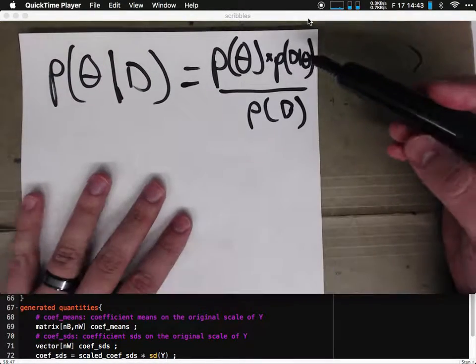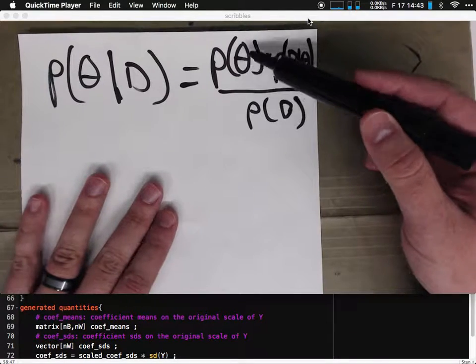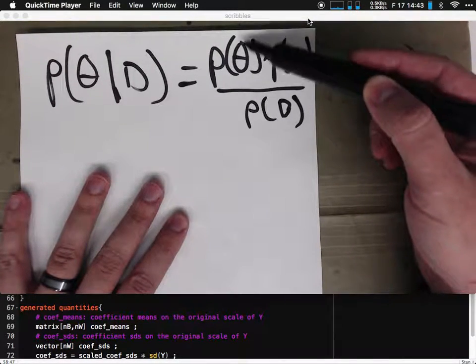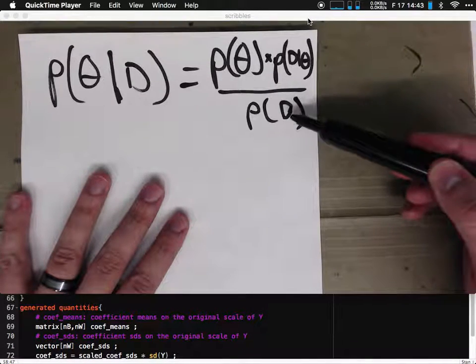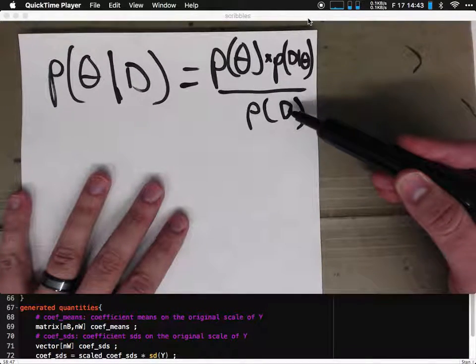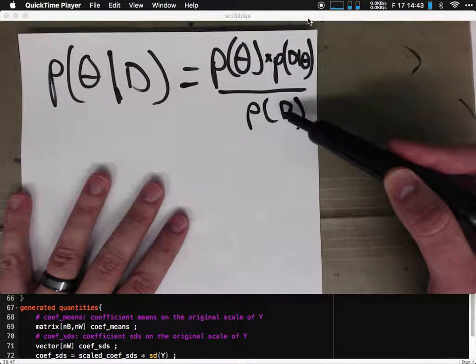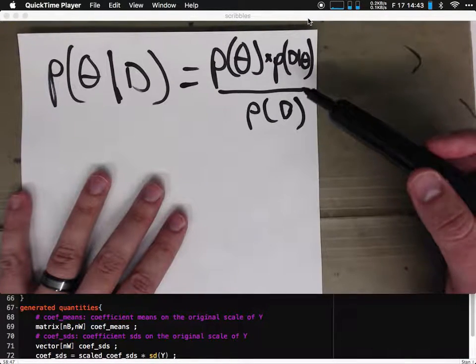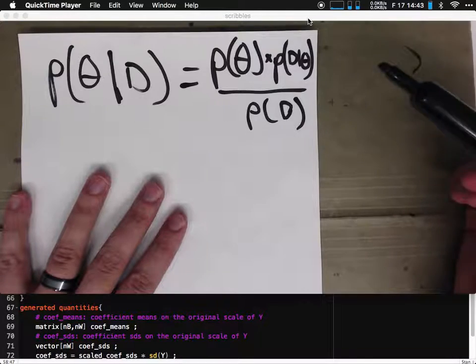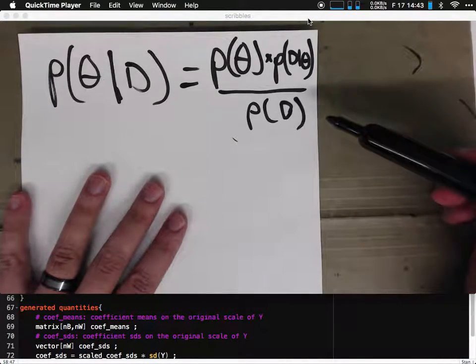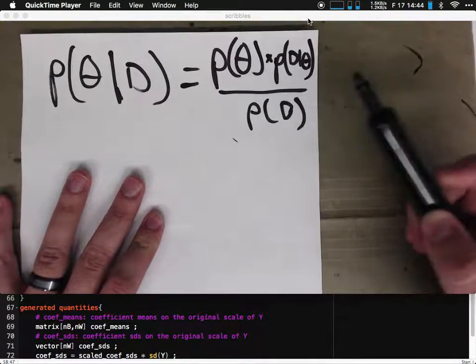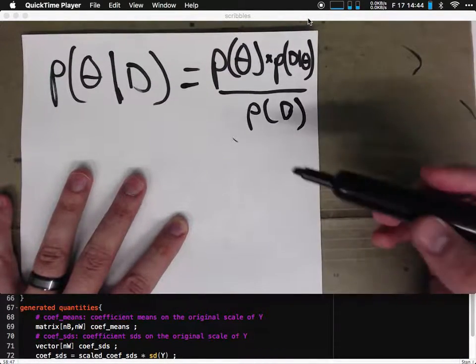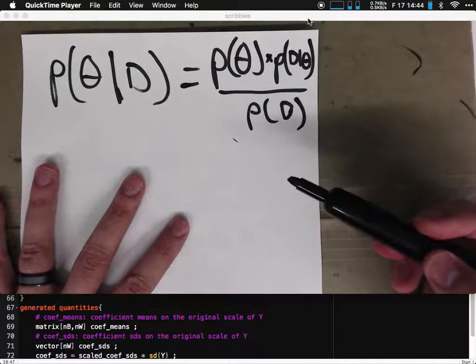So if you're asking about the relative probabilities of different values in theta, well, for a given data set you're going to have the same thing at the bottom. So if you're comparing the probability of a theta value of 0.1 versus the probability of a theta value of 0.3,